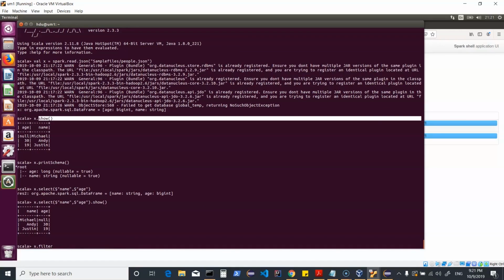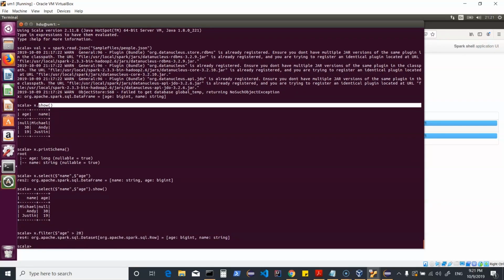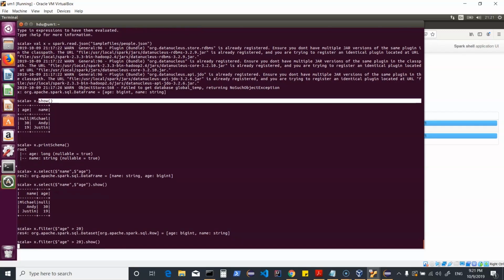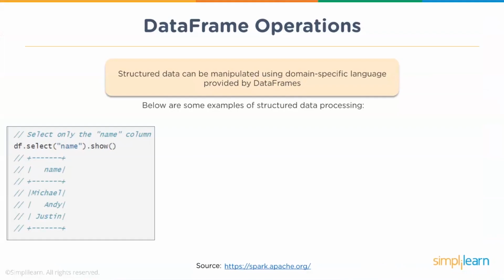I can always do some more things here. I can do a filter and I can say I would want to see the age which is more than say 20. And at any point of time, when you do these transformations, it always creates a data frame or a data set. Now here I see that when I did a filter, it created a data set. So it is using the data set API. Now I can just do a show to see the result, and that will show me the result in the form of rows and columns with column headings. I could do a select, I could do a filter, and I could work on my data in this way on a particular data frame.